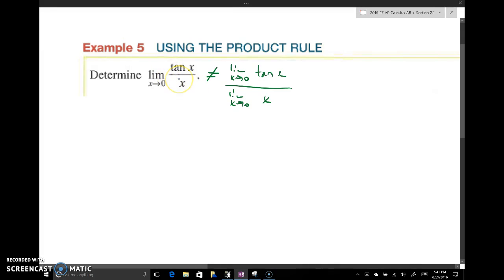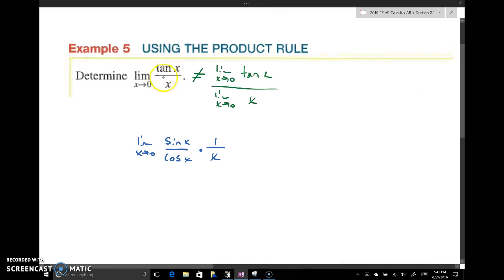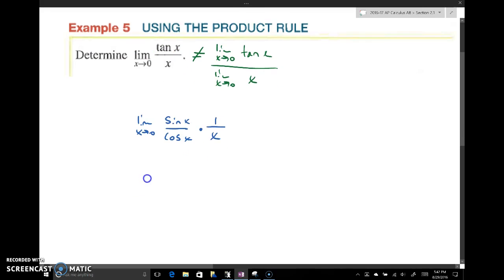So in this case, with a trig function, one of the first things we might want to try is modeling this after sine of x over x. One of the things we could do is rewrite tangent as sine of x over cosine of x. And then instead of dividing by x, I multiplied by 1 over x just so it wouldn't be quite as confusing. And then we can rearrange this